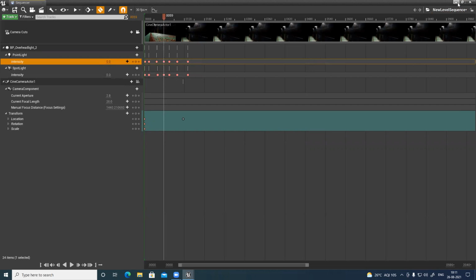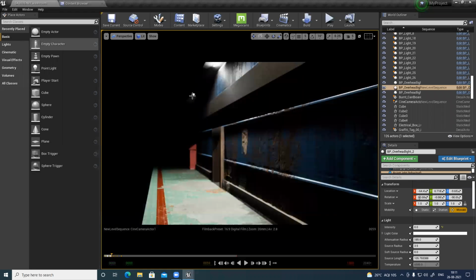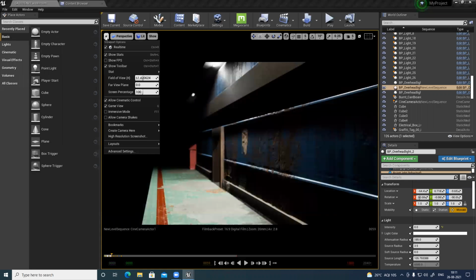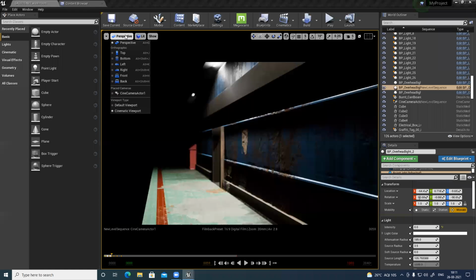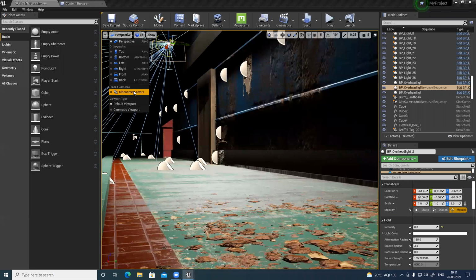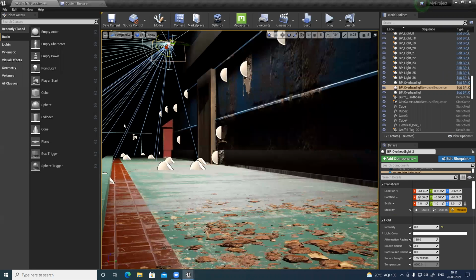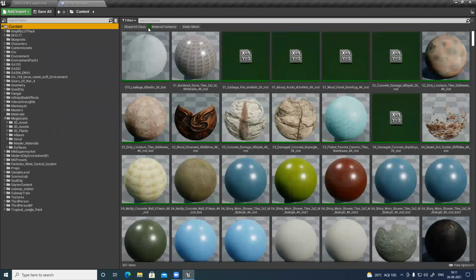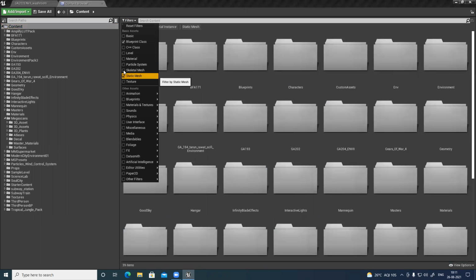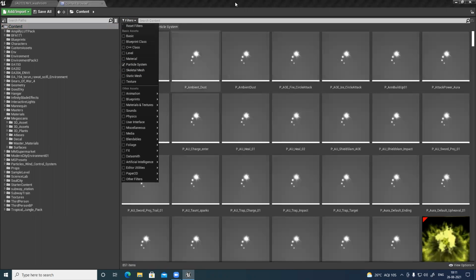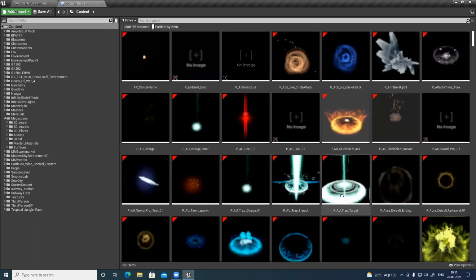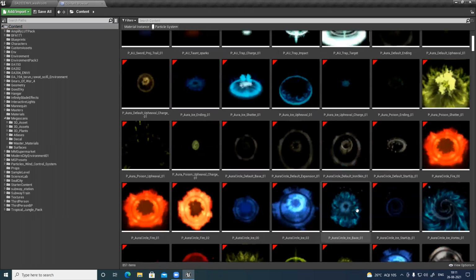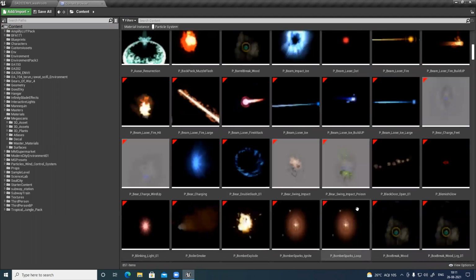And let's see if we have some fireflies or dust particles in my scene. So I'll just exit my camera. Default view, no camera. I want to add some particles here to make my scene a little bit more interesting. Let's search for particles. Okay, I have quite a bit of particles. This is all from Marketplace. You can find them.